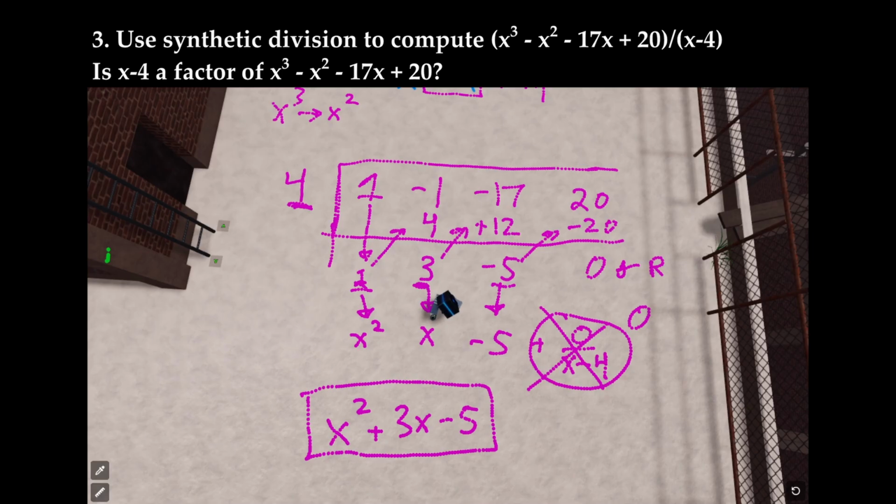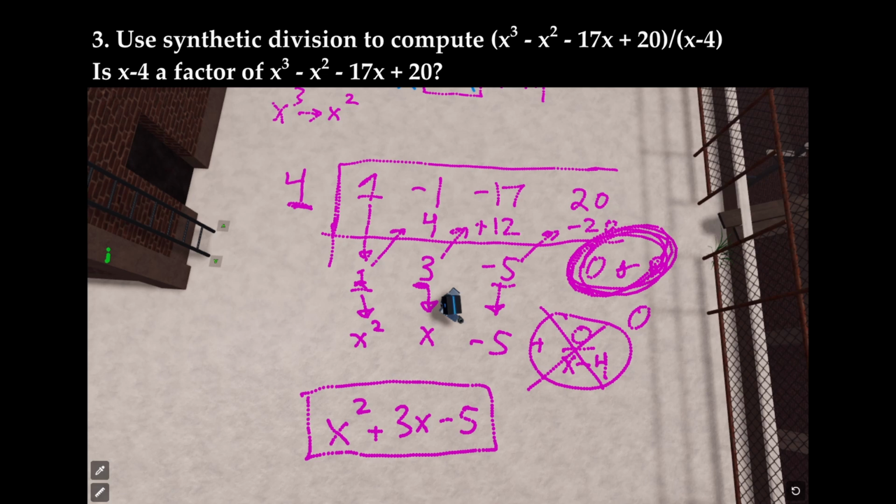And I want to point out something. Notice that our remainder is 0. Because our remainder is 0, we can say that x minus 4 is a factor of x cubed minus x squared minus 17x plus 20. So whenever you get a remainder of 0 in synthetic division, you can say that the divisor is a factor